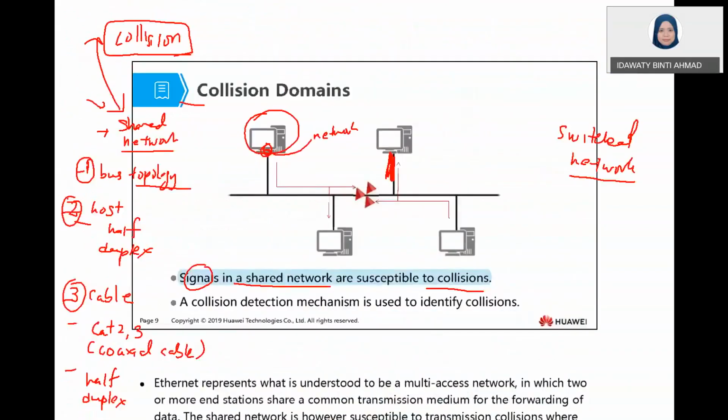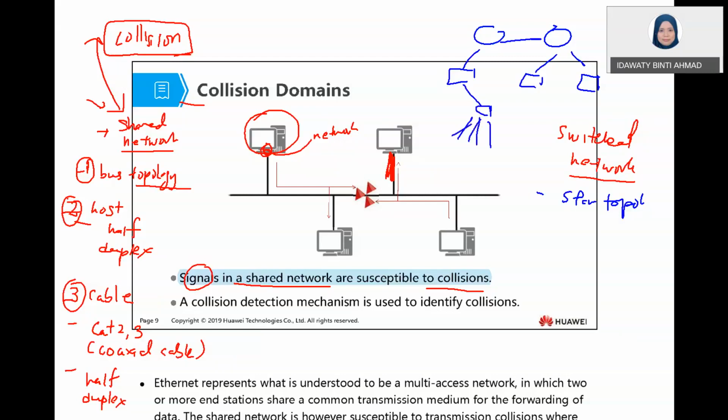Okay, but nowadays the trend of this network has changed. Most of the time, as you already saw in the lab on link aggregation, the topology for LAN nowadays is star topology. You can have a router here, and then you also have a switch, a core switch here, for example. And then you link this, and here you have another switch, and then you have PC 1, 2, 3, all the clients connected to it.